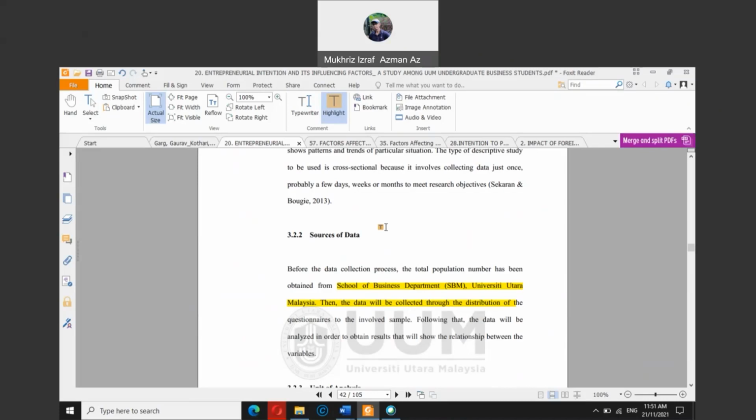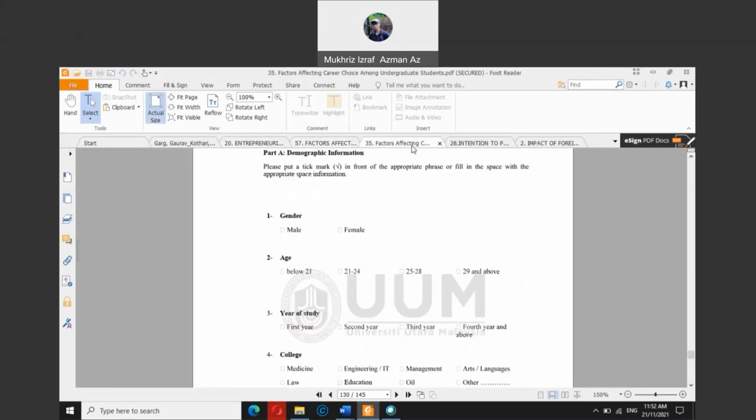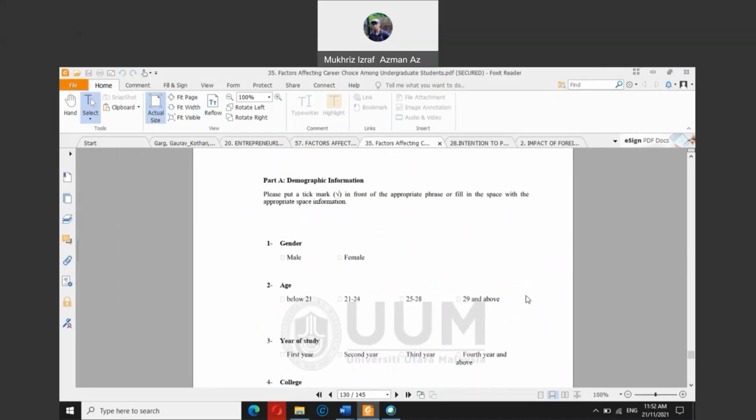So of course, the thesis or the journals that you are referring to should specify this as well. So it shouldn't be a big issue, unless you are changing the scope. For example, if thesis number 57 is about the factors affecting career choice, but it was done among students in Indonesia, and thesis number 35, it was done among